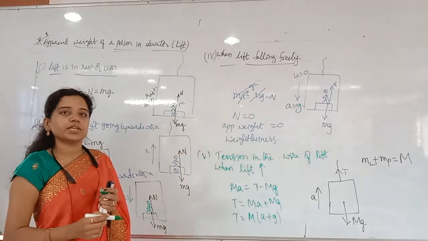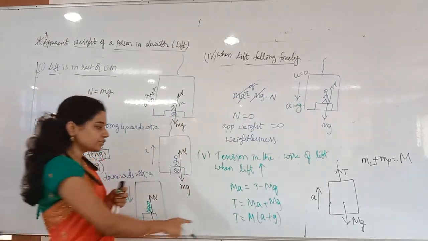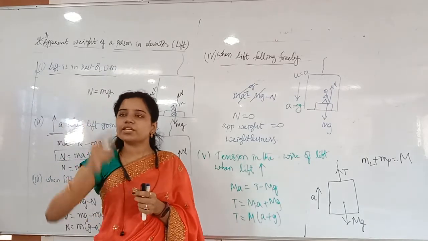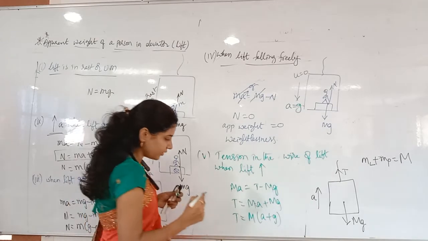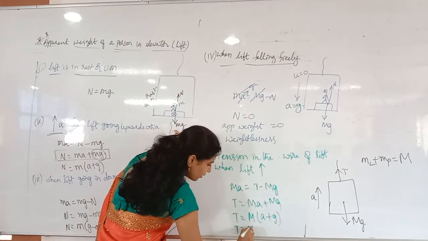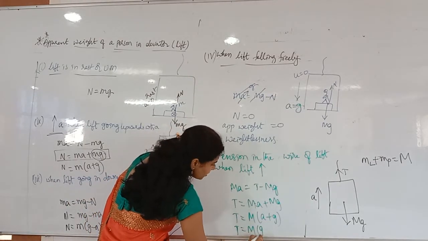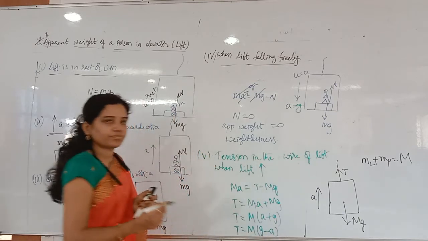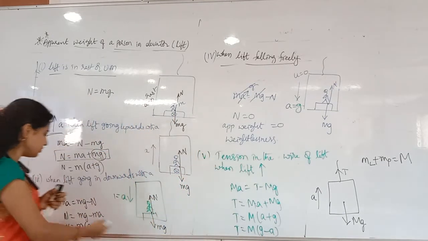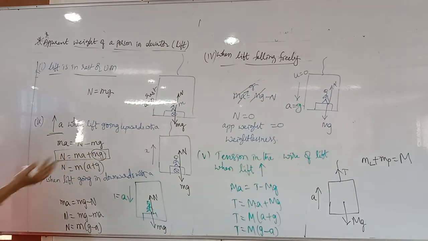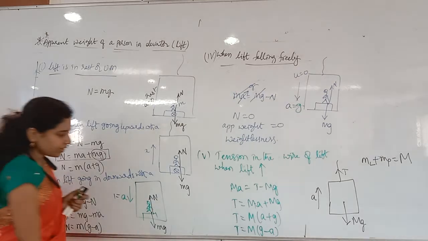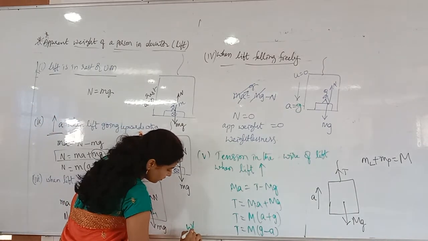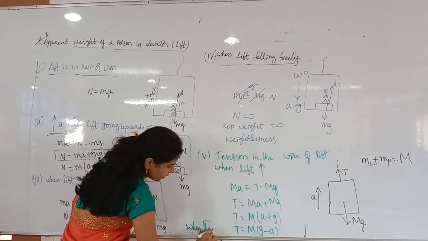Whenever the lift is going in the upward direction, the tension will be more. Whenever the lift is coming in the downward direction, at that time the tension will be less. What is the tension? Can you tell me that? T is equal to M into g minus A, not A minus g. Always g minus A. There we have A and g, no? So we got it easily. Here we will always get g minus A only. Clear? So whenever the lift is going in the downward direction. Copy that.